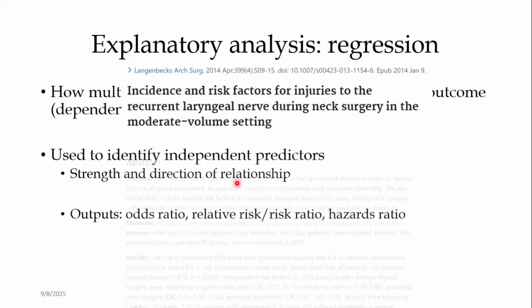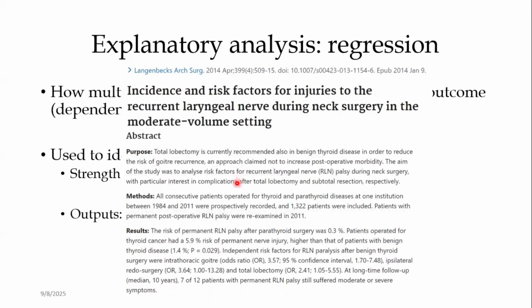This is a good example of a statistical test for explaining outcomes. So this study looks at risk factors for injuries of a certain nerve in the neck during surgery. So you have those who had injury to the nerve and those who didn't have injury to the nerve, and you compare the two. What were the differences between the two groups? And you distill the ones that will remain as independent influencers of outcome, as in standalone, they influence risk of injury. And here they found that if you have to take into account everything,